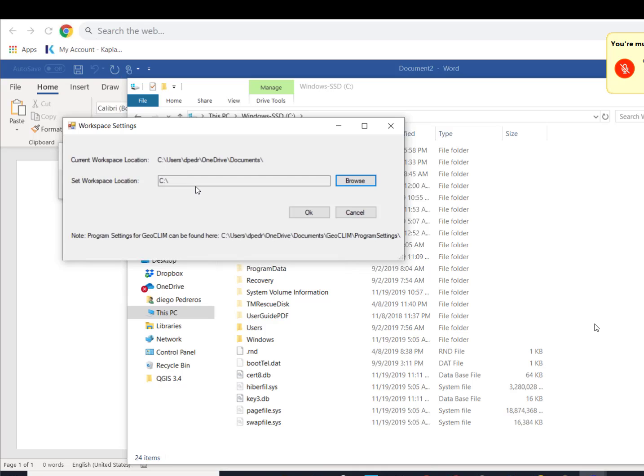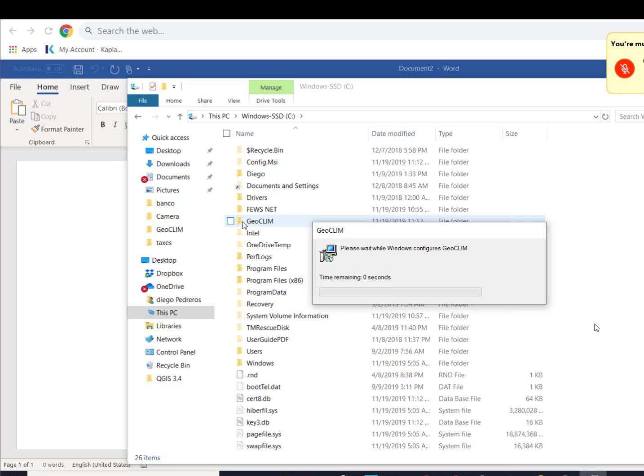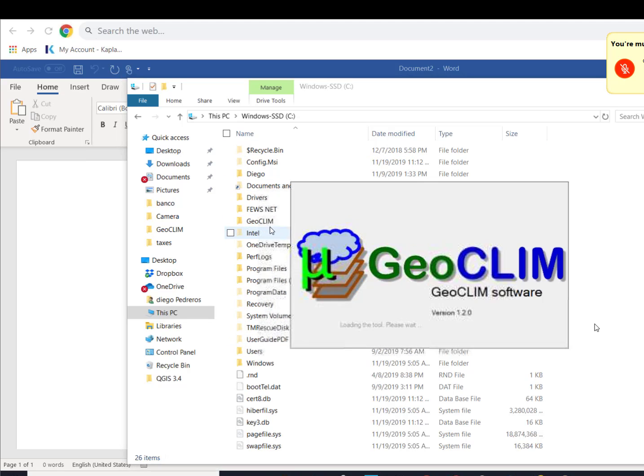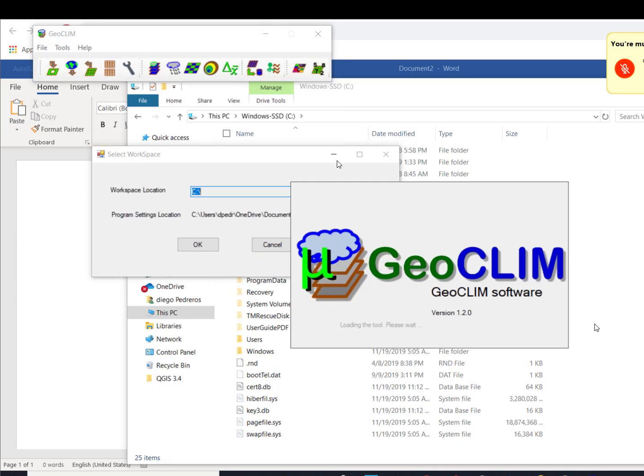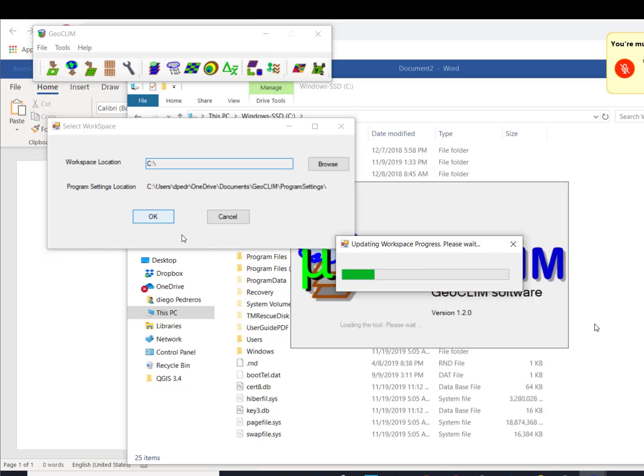Or if you want to put it on D or any other drive. It gives you a message that the working directory is going to be moved, and now in my C drive there is a GeoCLIM directory right there. Right, so we say OK,